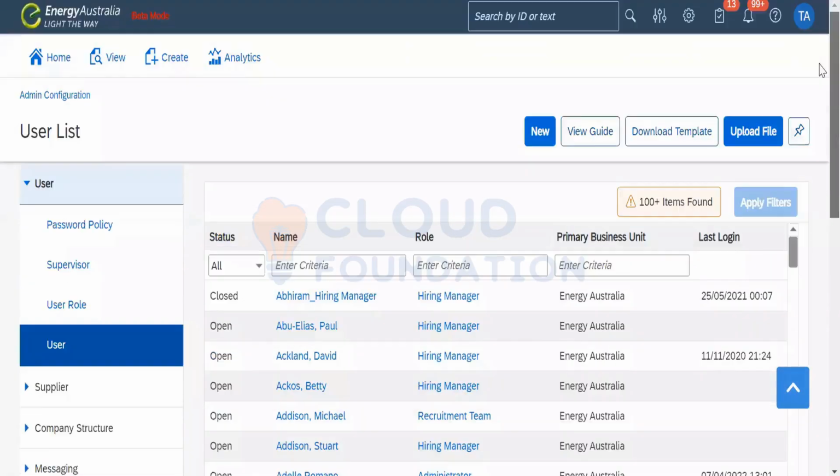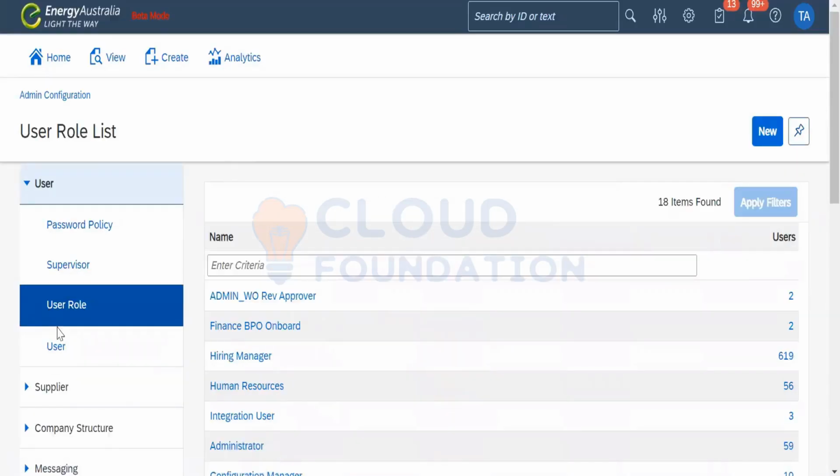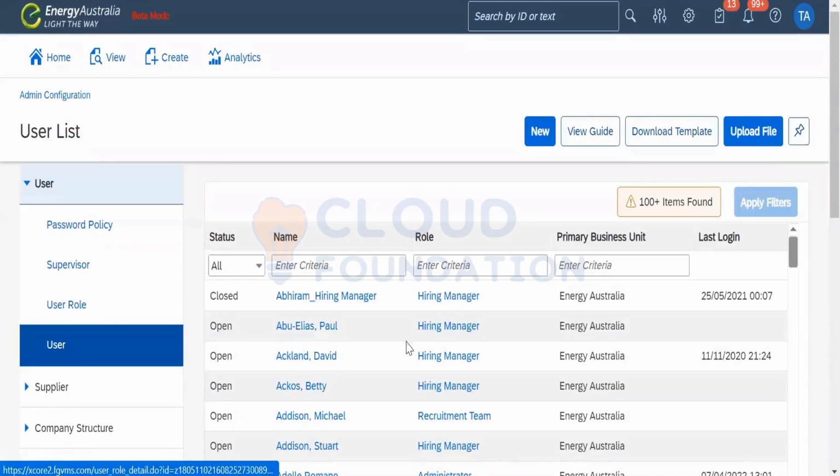No doubt, the user data comes from the HR system as we discussed. Each user will be having a role within FieldGlass. Only the roles that can be set up in the user roles can be there, the roles that can be assigned in the user data to any of the users.